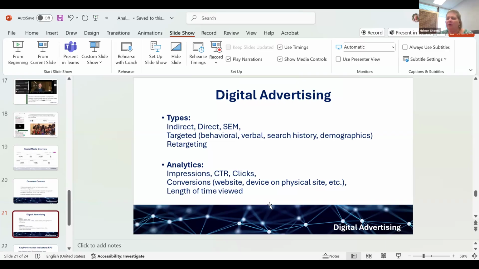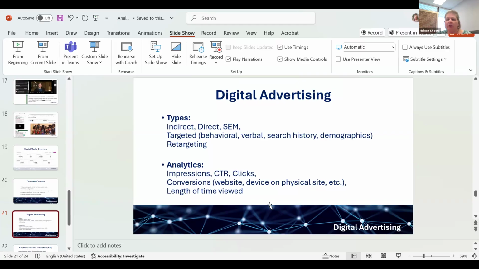A verbal one, I love these, but I know I'm a little bit of a geek about this stuff. If you're talking with someone and you have your phone with you or any smart device and you mention, there's something wrong with my dryer, you could start getting appliance ads. That's because your device picked it up, and somebody who's doing advertising, you fit the demographic and you're going to be served an ad. So those are different ways you can advertise, and again, based on search history and demographics.